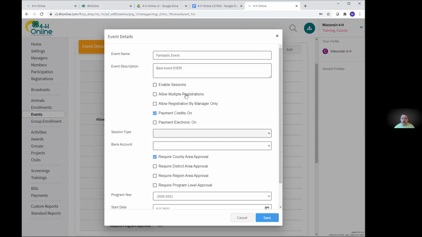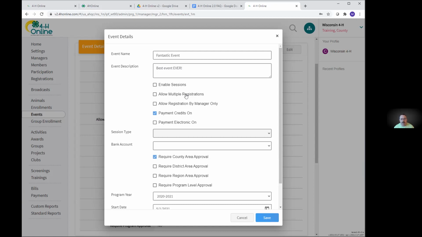Allow multiple registrations. This is if you want the same member to be able to submit more than one registration for this event. It doesn't mean that the family can only submit one. It means each member. So if you had 3 members in the family, each of those 3 could submit a registration, so it'd be 3 registrations from the family, but none of those members could submit a second registration for the same event.